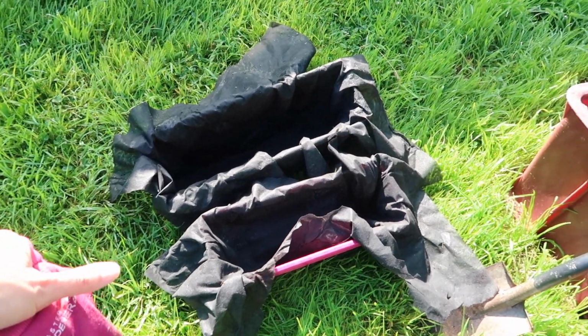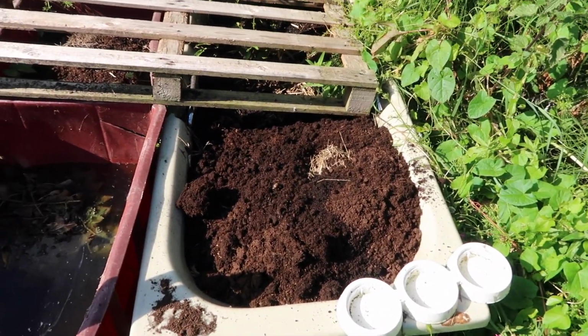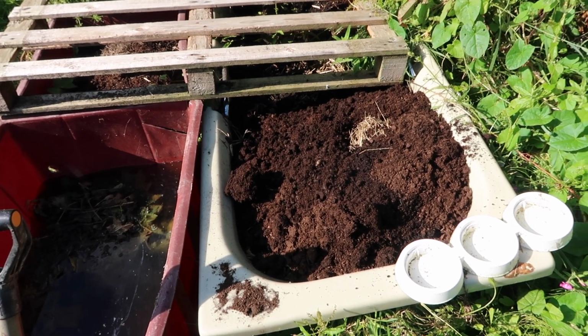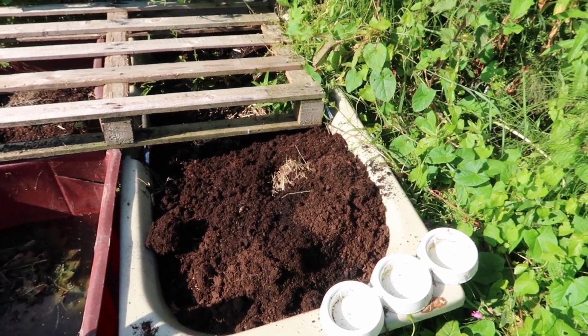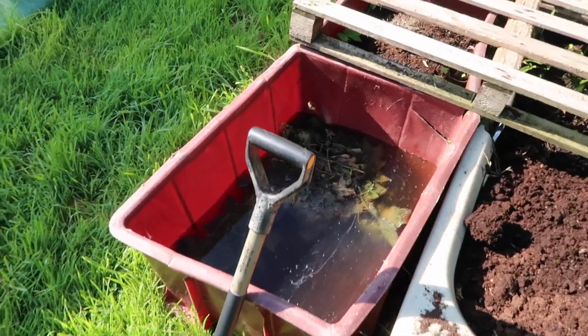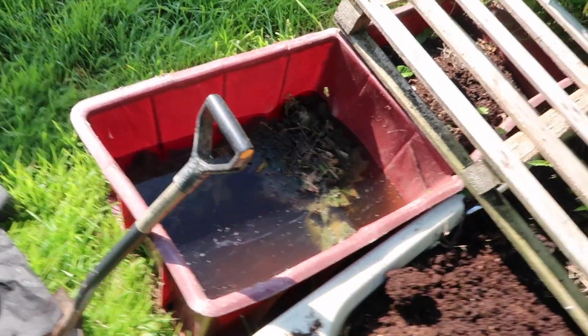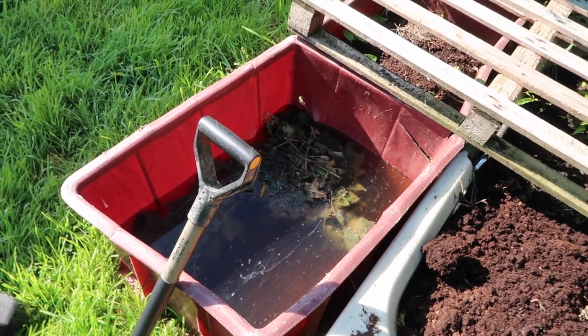So I throw that soil into this old bath that we had. Our landlord changed it but never did anything about this thing, so we thought, well, you know what, let's give it a second life. So we're putting stuff over here to get compost, I think. And next to it you could see a water full of nettle, and nettle is a natural antibiotic for plants and humans. It smells lovely though, you know. I would love to send you that smell,